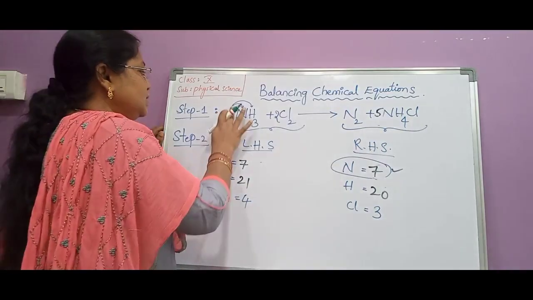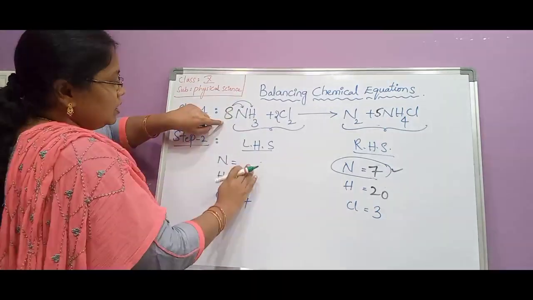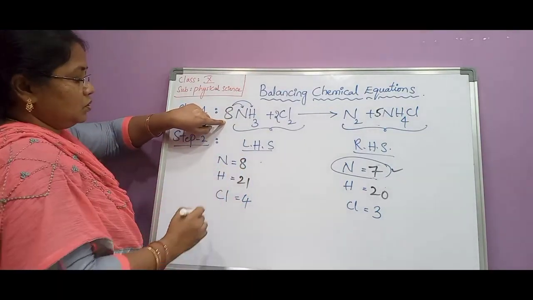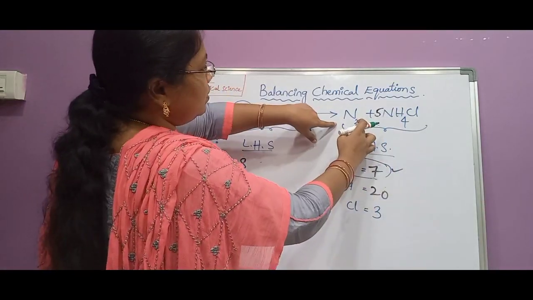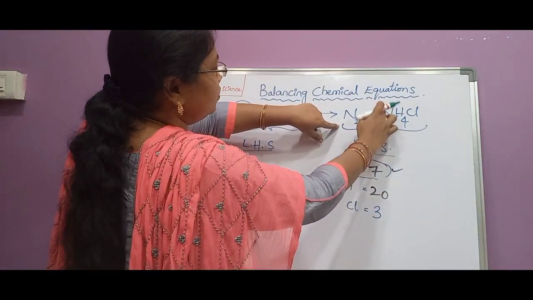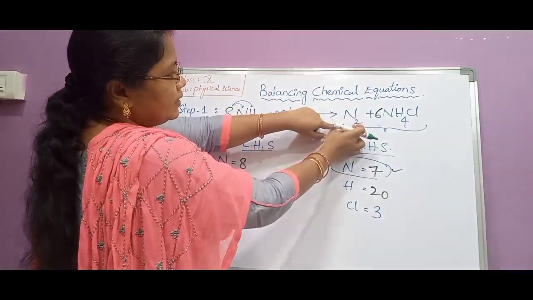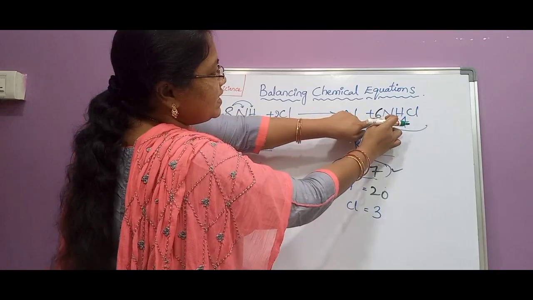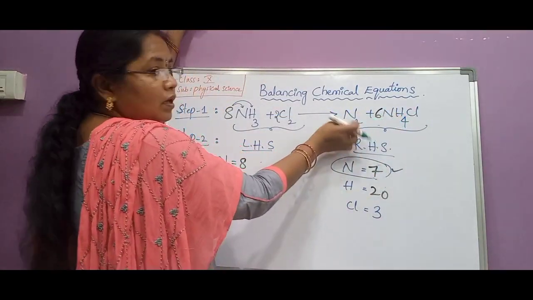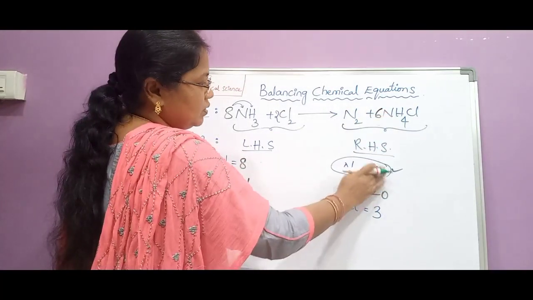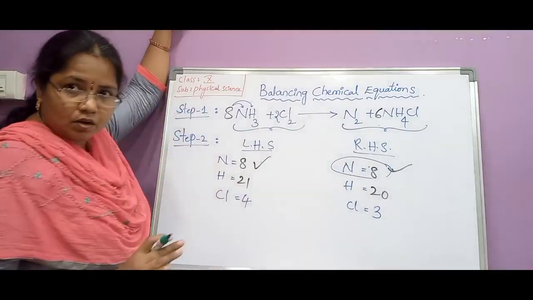So what we will do is, we will try with the next number, that is 8. Okay, when we try with 8, nitrogens will become 8 here towards the LHS side, and RHS side here 2. So here we will write 6. Because here already 2 nitrogens are there. In this formula, if you write 6 here, 6 NH4Cl means 6 nitrogens, and in this formula, N2 means 2 nitrogens. So 2 plus 6, that is equal to 8. Okay, now nitrogen atoms are got balanced.